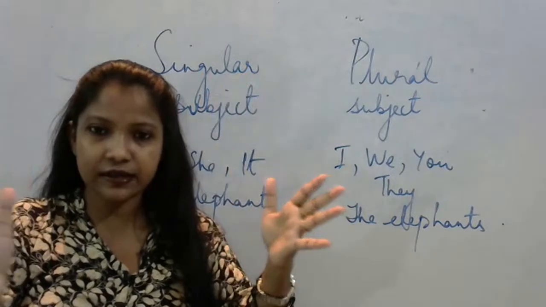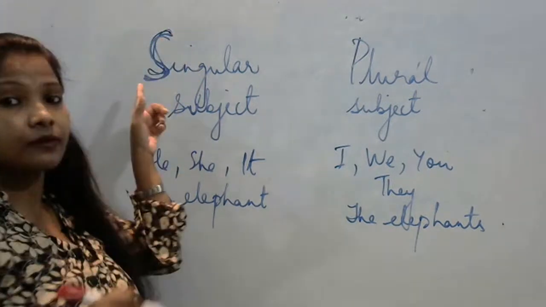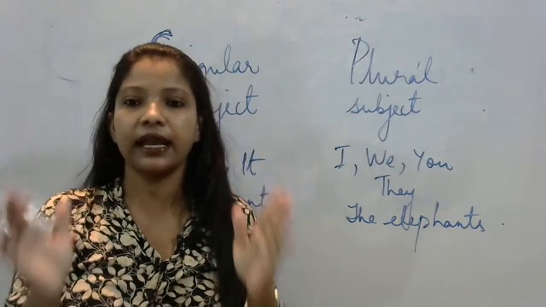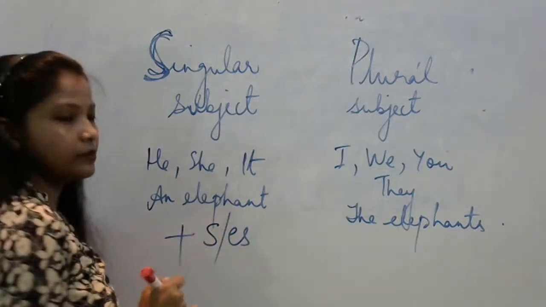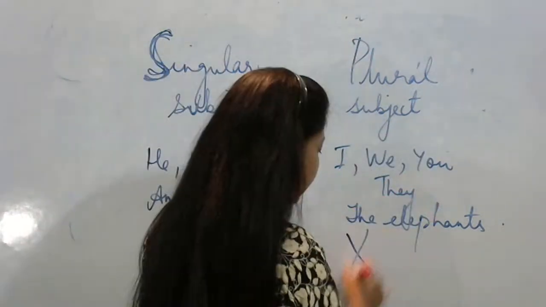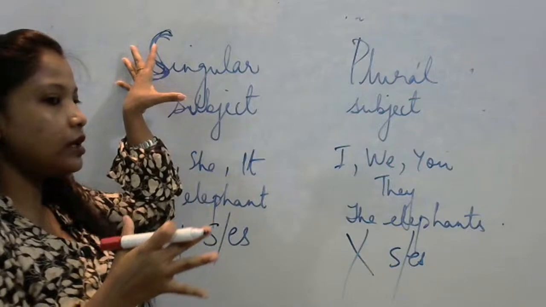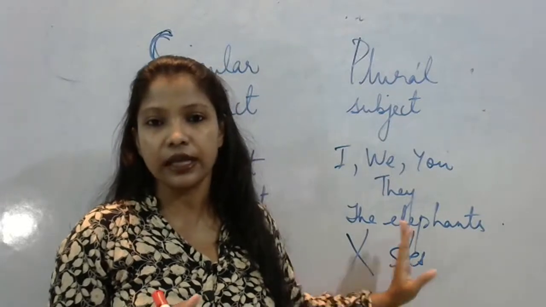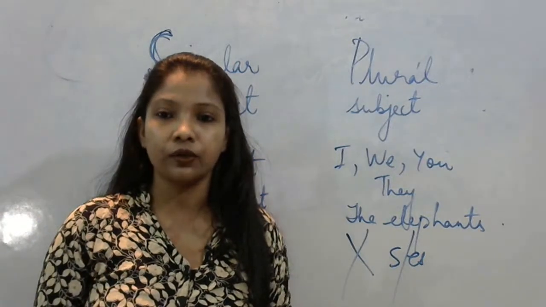Now, see, remember the thing that will put the logic inside your mind. बहुत easy है. Make it very simple. Singular subject. Singular subject starts with S. Keep it in your mind. Singular है subject. Singular starts with S. So you have to add s or es with the verb. That's it. Plural hai, you will not add s or es. This is what you need to keep in your mind. Singular s, so you will add s or es. Plural, you will not add s or es in the sentence. Give me a thumbs up if it is clear till now.